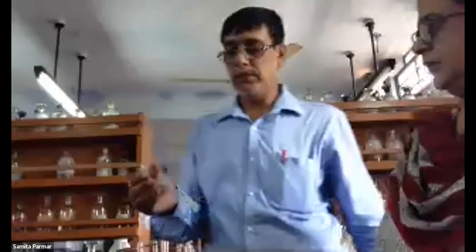So I think with this we come to the end of today's video for the practicals. We have shown you the cations of group 3. We have shown the cations of group 5. All the 3 cations we have shown, and there are 2 anions that you will be required to report your analysis in a systematic manner in the practical note copy. Further instructions we will give you on the Zoom classes, and this is all for now.